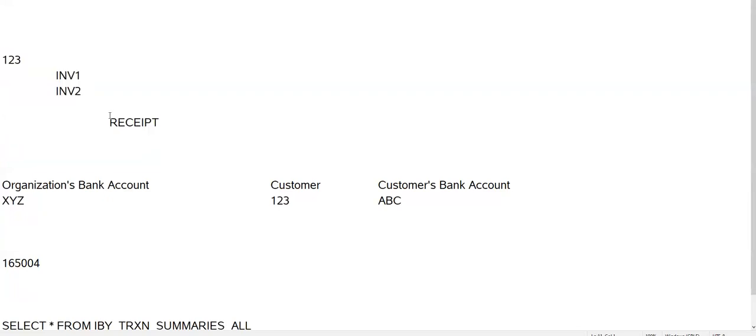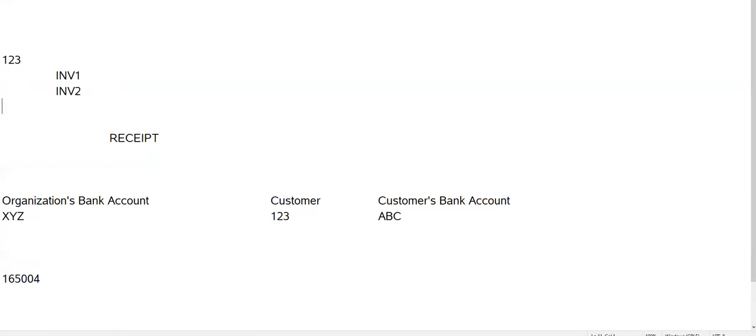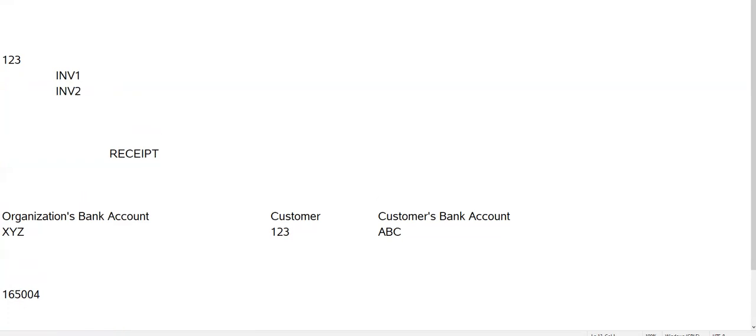In case of automatic receipt, the customer says, whatever invoice you create, I will not send you a payment. Rather, I authorize you to collect the payment directly from my bank account.